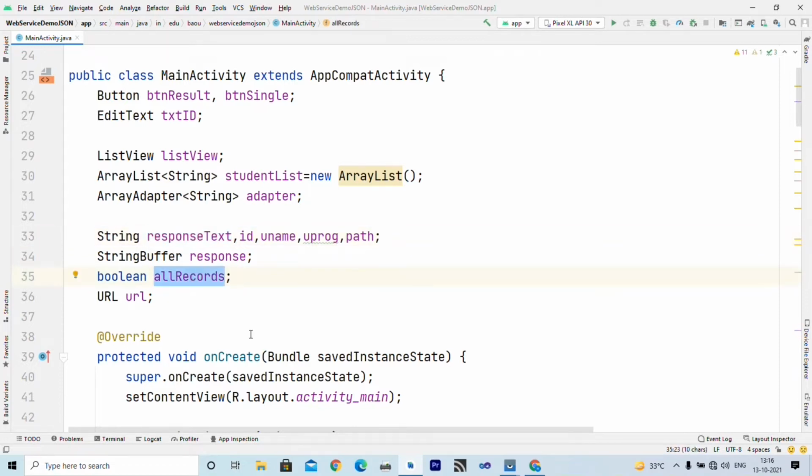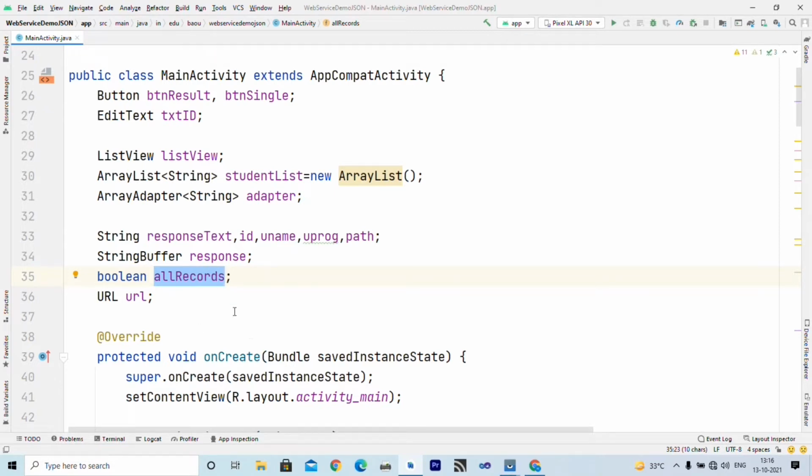And this boolean variable is used to specify whether I want to fetch all records or a particular record, because remember, one URL returns a single record and one URL returns all the records.